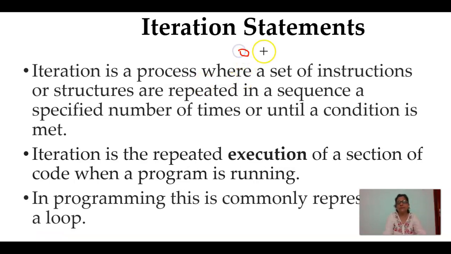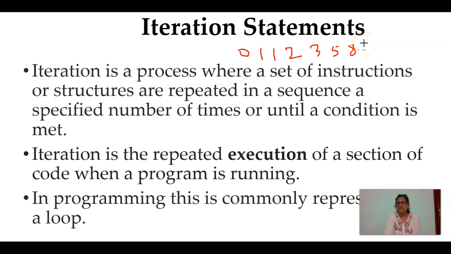Here we say 0, then 1. The addition of these two numbers is again 1. The addition of the last two numbers is 2. The addition of the last two numbers is 3. The addition of the last two numbers is 5. The addition of the last two numbers is 8. In this manner, the Fibonacci series gets incremented.